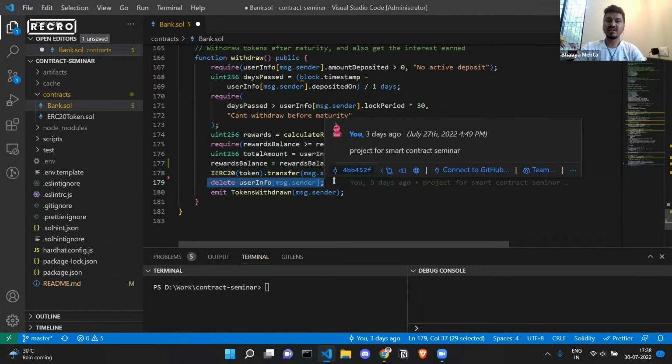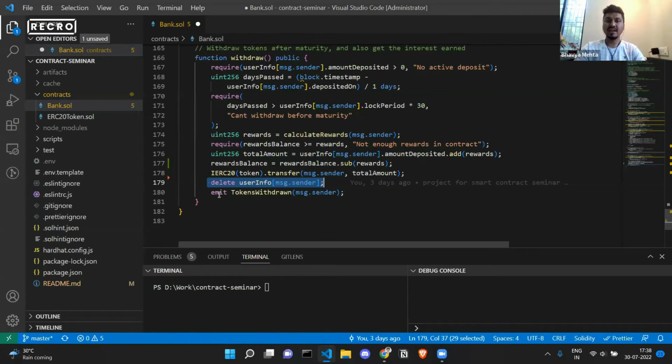You had a fixed deposit, you waited till maturity, you got the money that you earned, and now you have withdrawn it. That's why the whole transaction is complete from your end and from the bank's end, and that's why I'm going to go ahead and delete the user info. Ideally I should not be, but because we have tried to keep our contract simple, we are deleting this, and after deleting you can go ahead and start another deposit, or deposit a new amount again